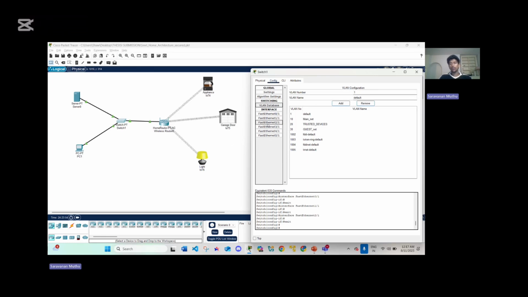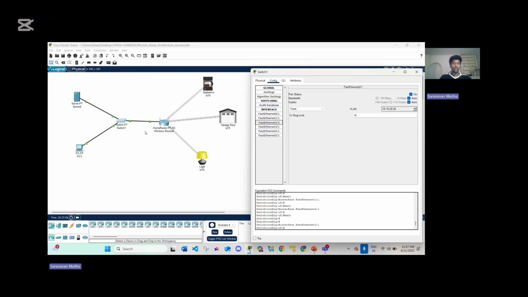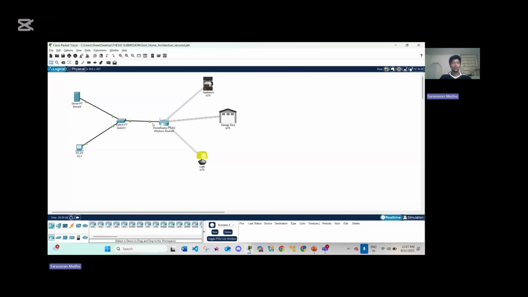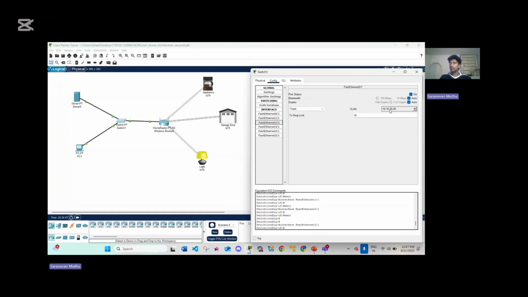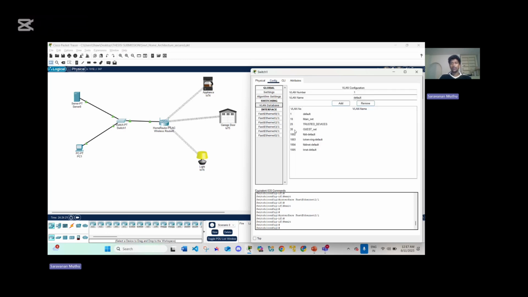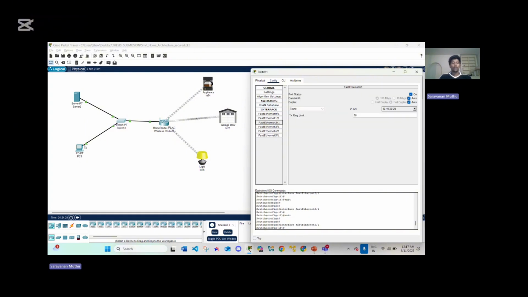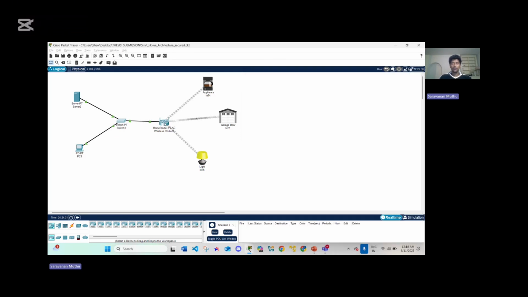So here if I go to the Ethernet 2/1, which is this particular line of network, I'll showcase it to you. As you can see, this is the FastEthernet 2/1. Here, the VLAN connection is for VLAN 10 and 20. In this case, the server is also allowed to communicate with this device, preventing it from connecting with the separate VLAN, which is the guest network, the 30. The 30 is not included in this FastEthernet because we don't want it to communicate with any of the guest networks, and it is protected. And as we move to the router setup,